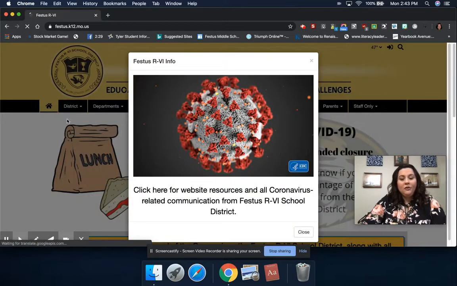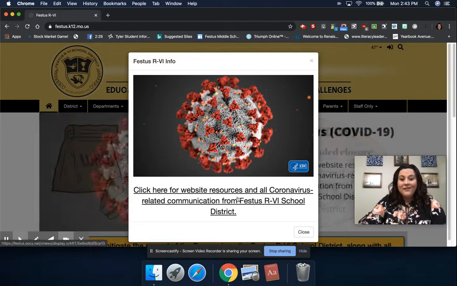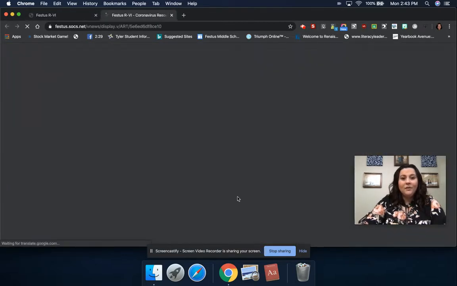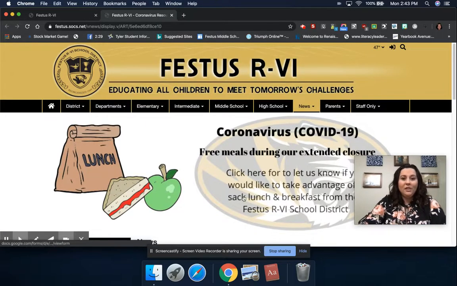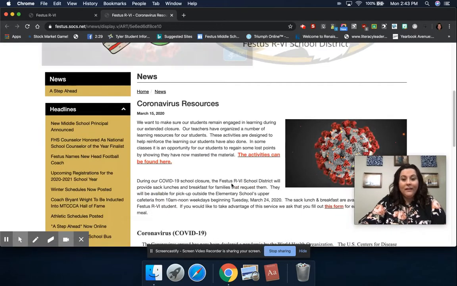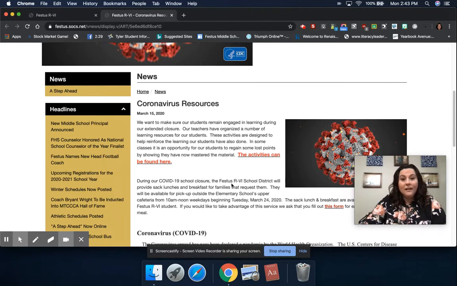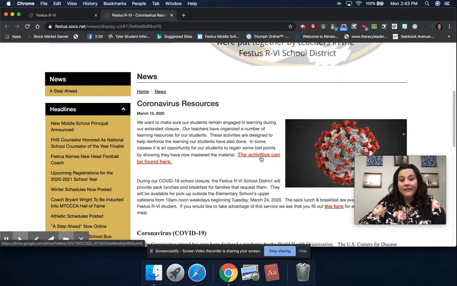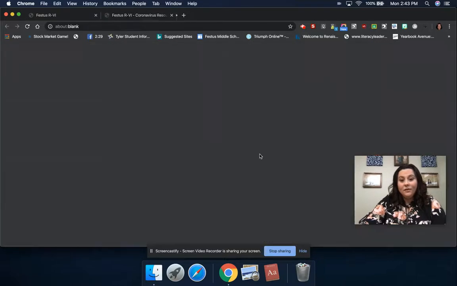So when you go to the district webpage, you'll get this pop up with this ugly looking virus here. And so you're going to click underneath that. And this is where the district is going to be communicating information about the coronavirus, but it is also where they have provided a link to all the activities that the teachers put together for the students. So you're going to want to click on that link. It is right here. It says the activities can be found here. So if you click on that,